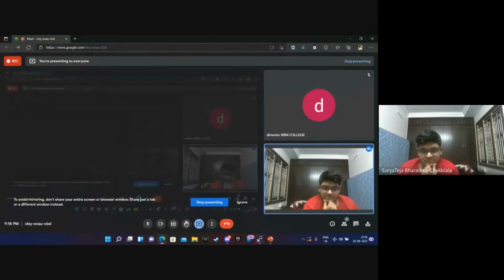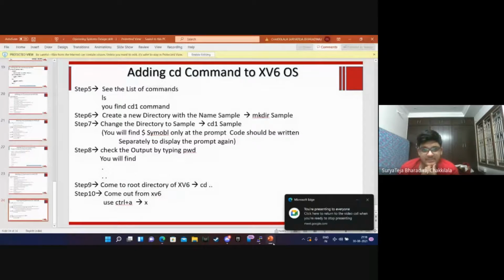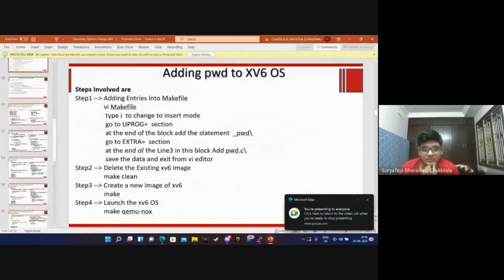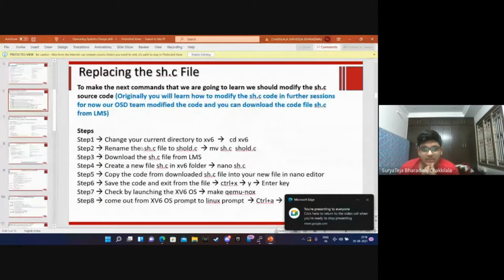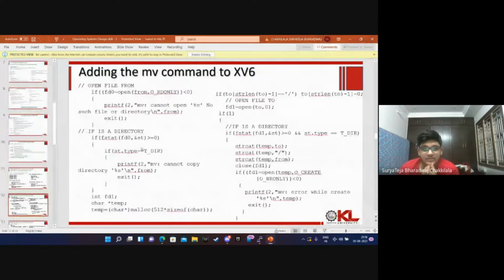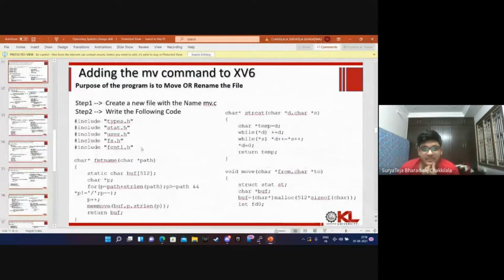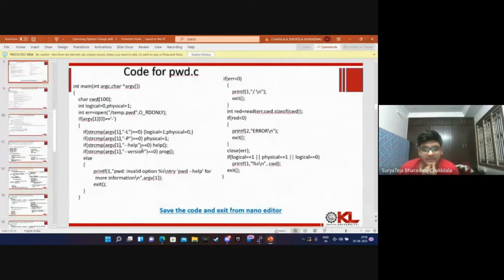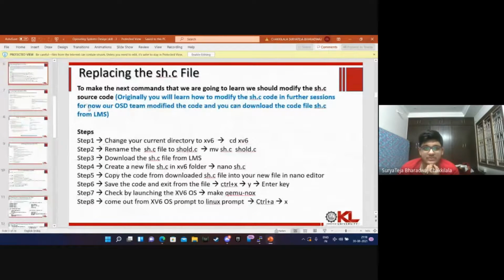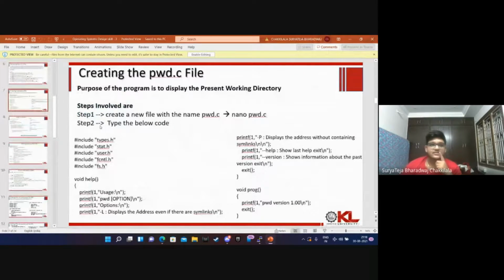Okay. The first thing we'll be going to is the system and pwd. The first task is to write the pwd.c file. pwd stands for present working directory.